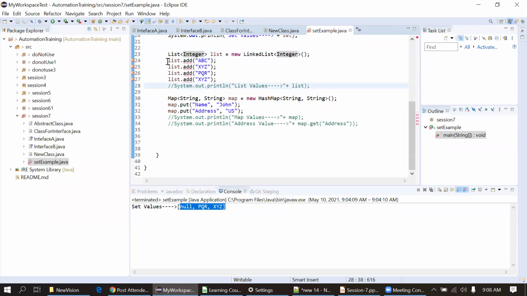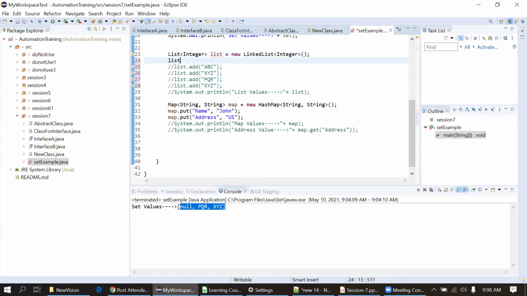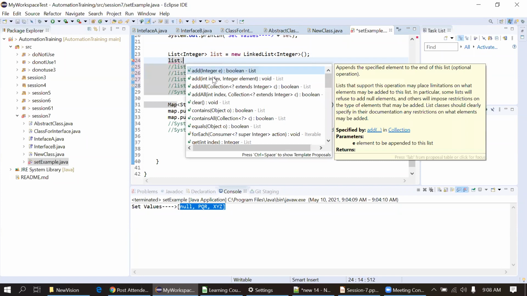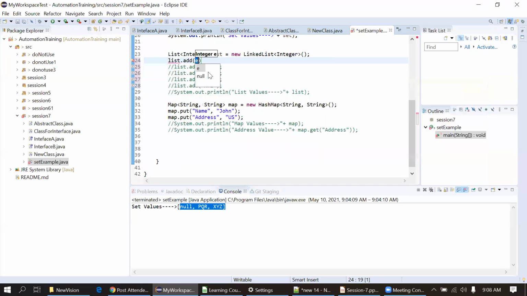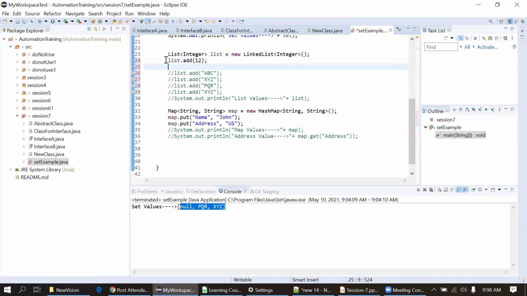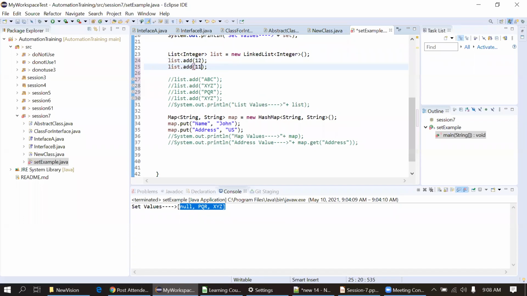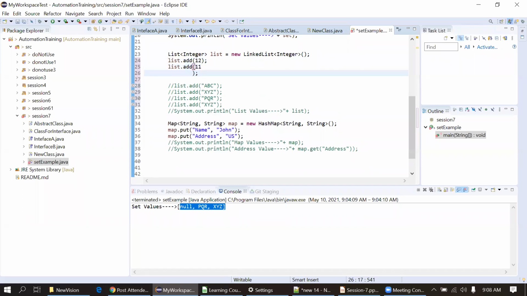I will comment out this code because now it is expecting the integer. Now see, we are getting this method for integer. So we'll use this. Okay, 12. I can use any values, like 120.